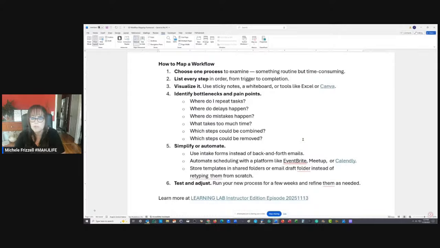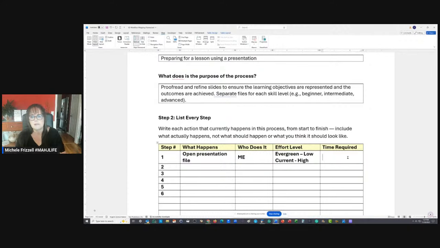So now, the time required. If you're working on a presentation with evergreen content, you get it done once, you refine it, and you repurpose it. That's easy. You won't even have to rehearse that anymore. You just take it with you and you're done.